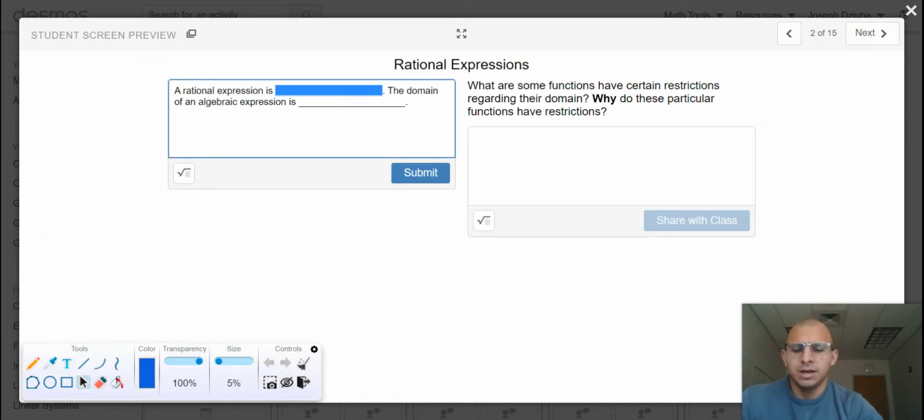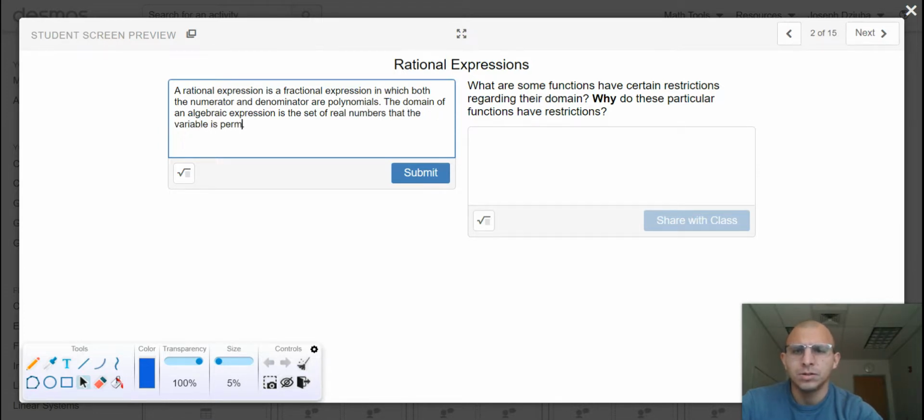So what is a rational expression? Well, the word rational is a much more older and mature, like yourself, version of the word fraction. It is a fractional expression in which both the numerator and denominator are polynomials. The domain of an algebraic expression is the set of real numbers that the variable is permitted to